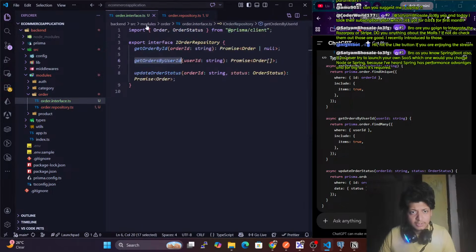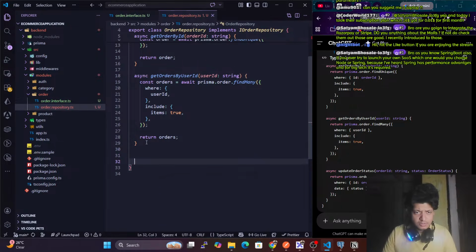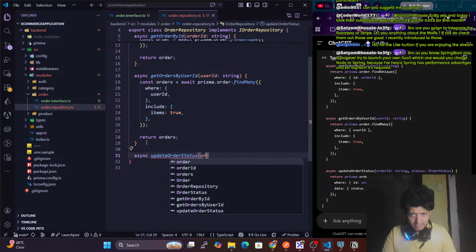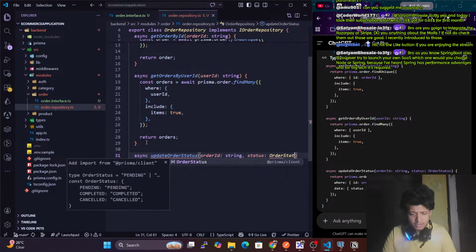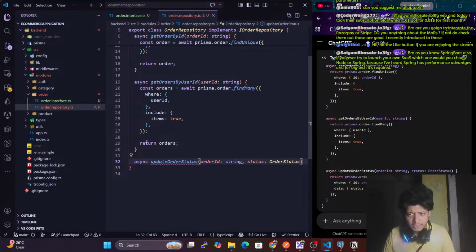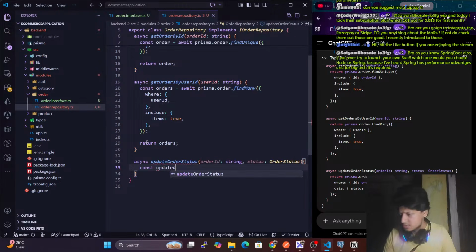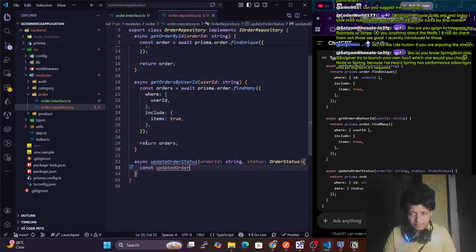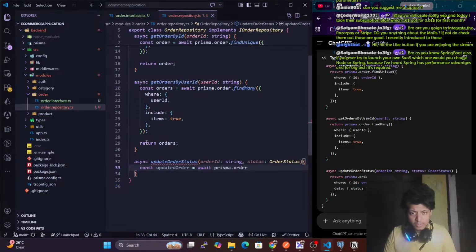Okay, then after this update order status, we have this. Then here we have async update order status. Here we have order ID of type string. Status will be order status, and here we have const updated order equals await prisma dot order dot